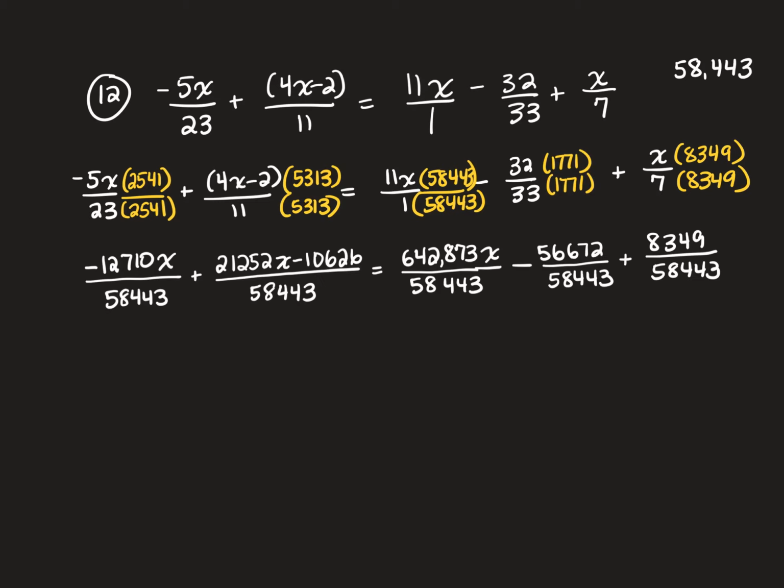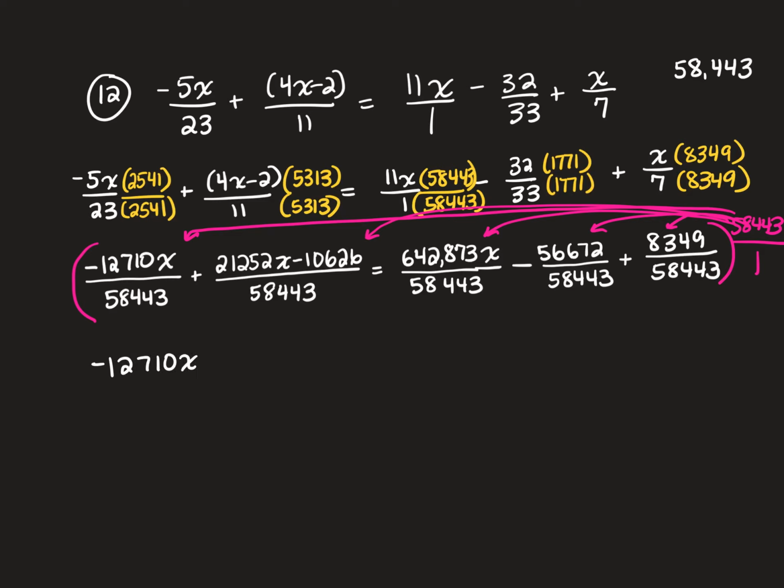So at this point, this is what we're looking at. And again, this is kind of a mess, but we can use the strategy we used in the previous video, and that is to multiply everything in this equation by 58,443 over 1. So think of it as multiplying every term by 58,443 over 1. You'll distribute it to each term. And the same thing that happened in the previous example is going to happen here. We're going to end up eliminating all of our denominators. So then what you're left with is negative